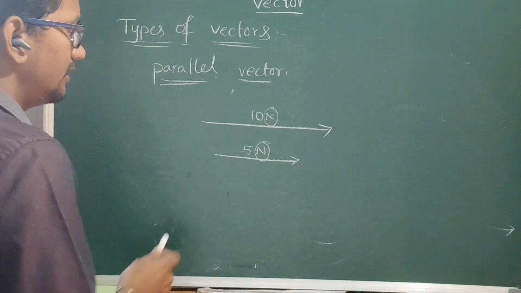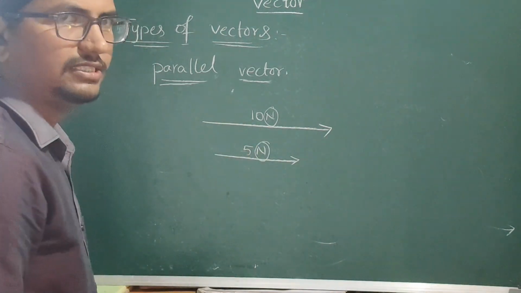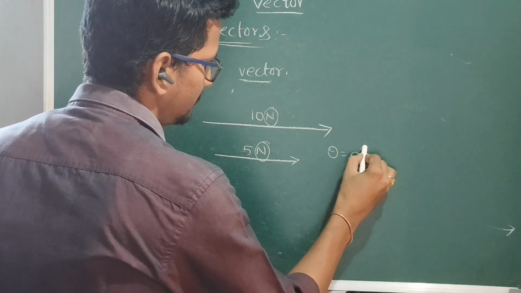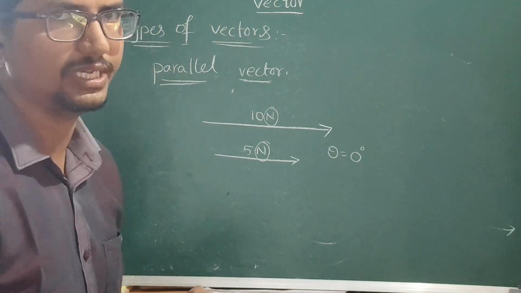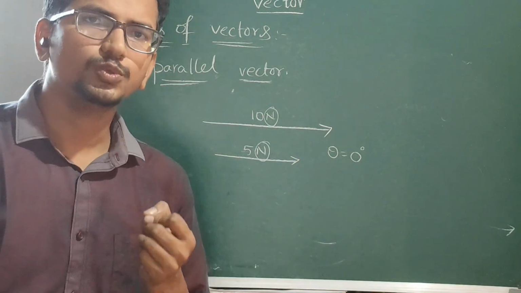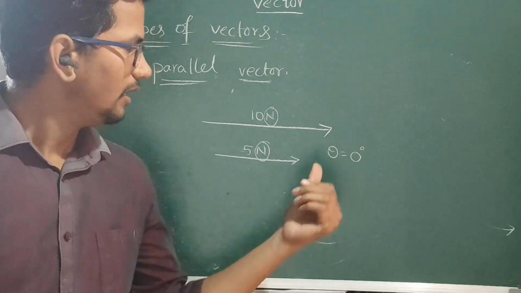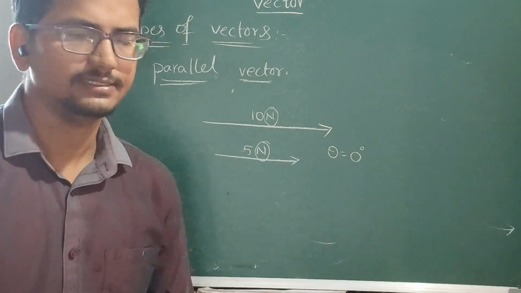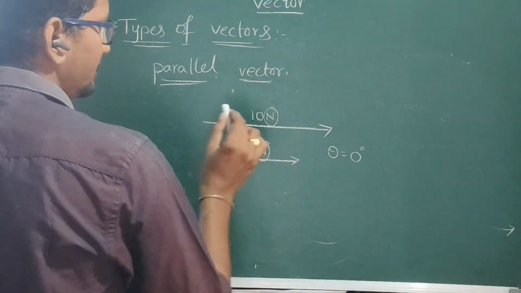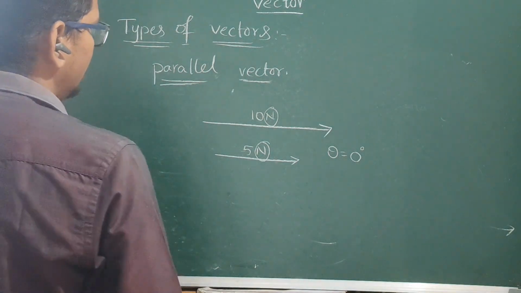If you want to write it here, those vectors must be parallel with each other. What is the angle between them? The theta must be 0 degrees. When two rays are parallel with each other, the angle between them is 0 degrees. That's called a parallel vector. But it must be the same physical quantity. Okay, next one,